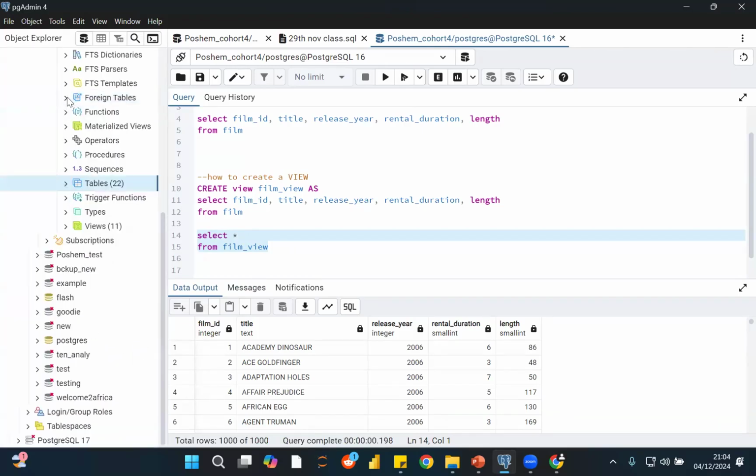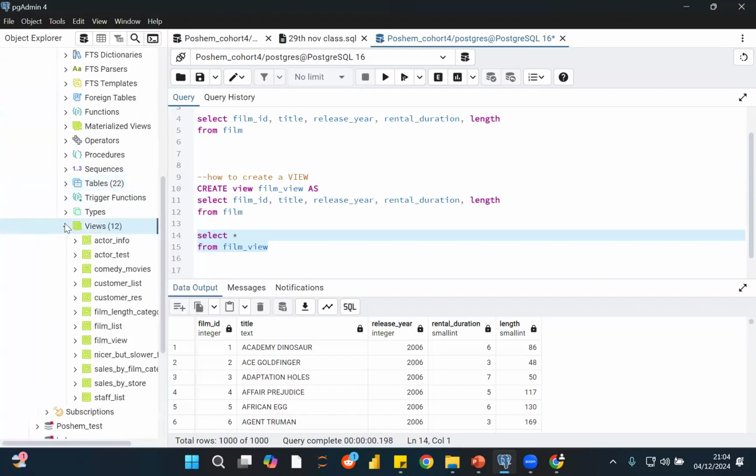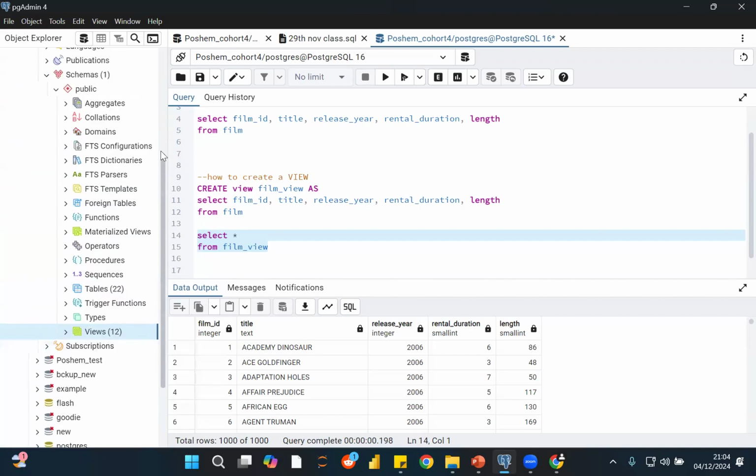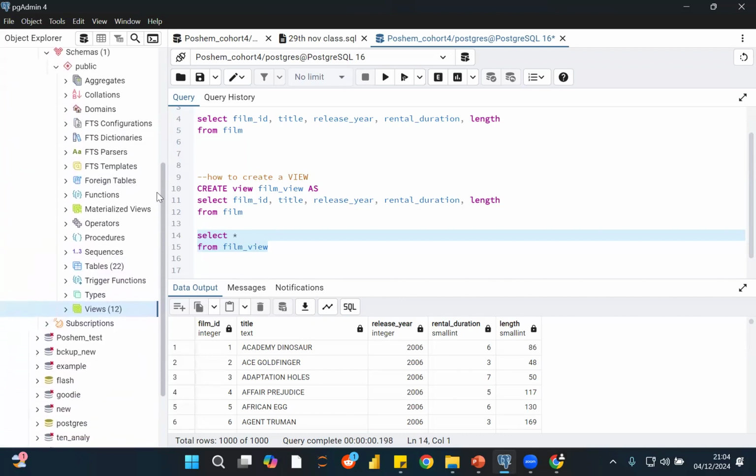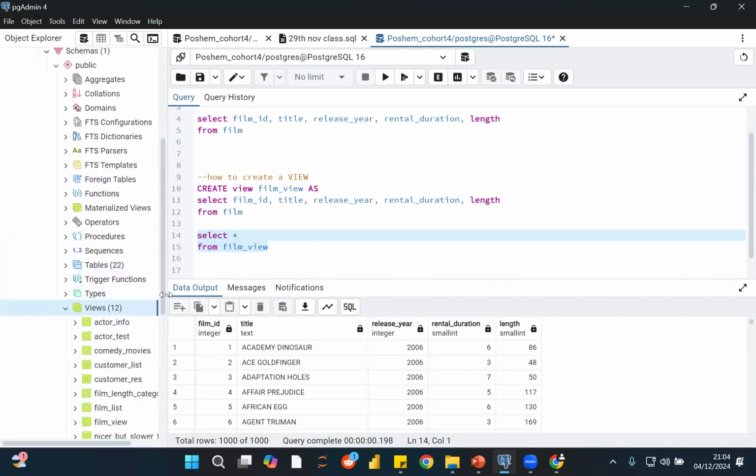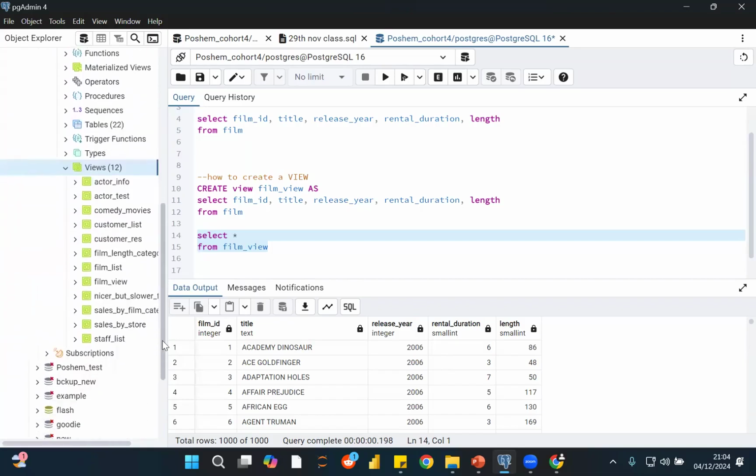But where will you see it? Where do we see a view? We have a views window. All of this is within our schemas, right? We have the tables window, we have our views window. So actually, if you go and check your database,